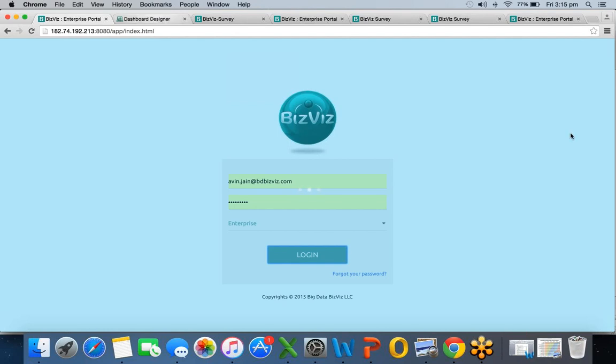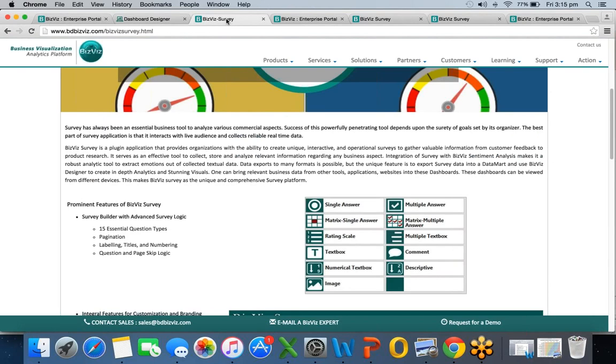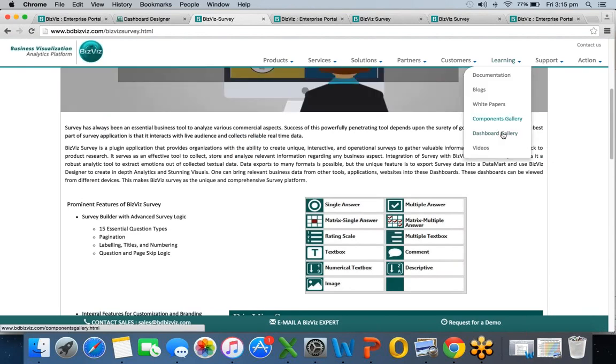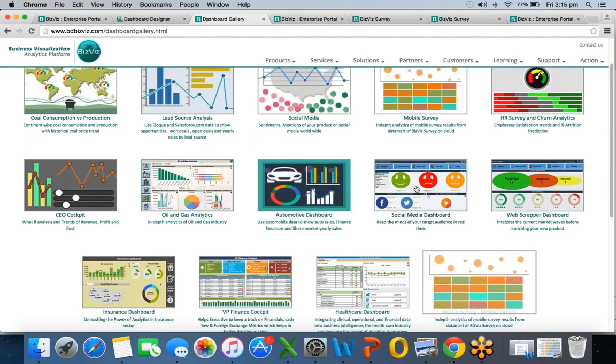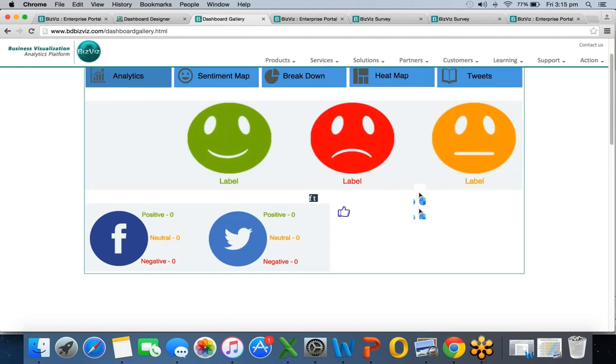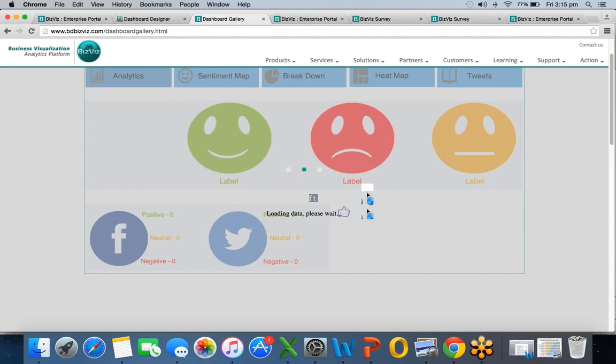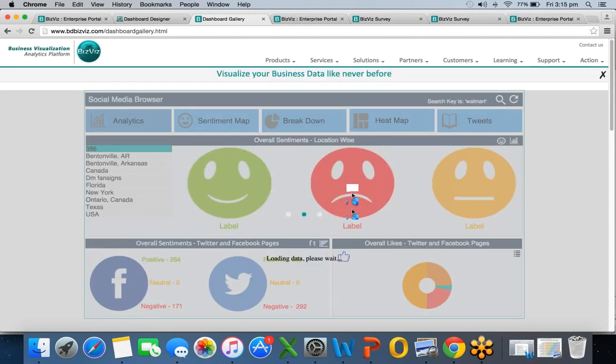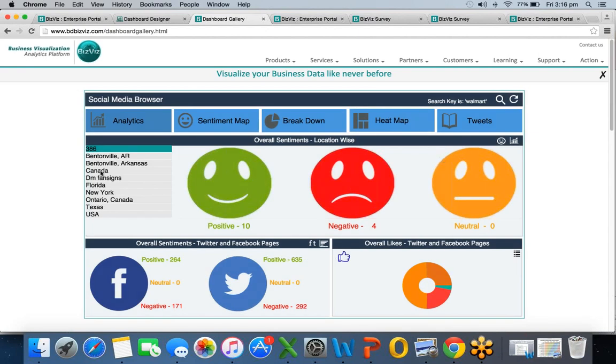So apart from this, there is one more interesting concept, which is to give you big data analytics. If you look at our website, where we have given a lot of dashboard gallery, you can go on any brand and extract the information about it from social media. This is extracting real-time information from our social media browser, where on certain labels we have extracted the information or feedback from Twitter and Facebook on those types of brands, and after scheduling it for some time, this just comes directly inside it, and